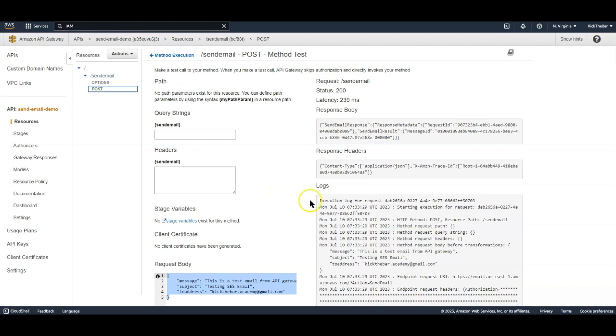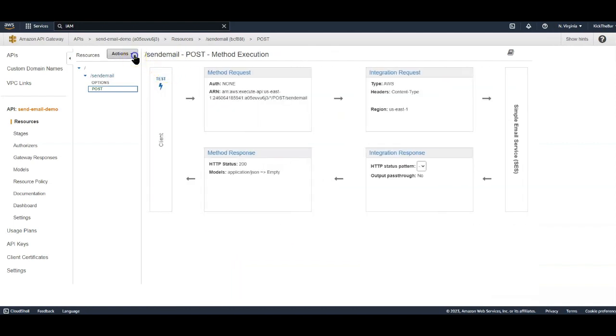Okay, so the next thing we want to do is to deploy our API so we can execute that or invoke that from an external resource, and we can try to invoke that from Postman before we integrate it into our web page or front-end application. So let's go ahead and